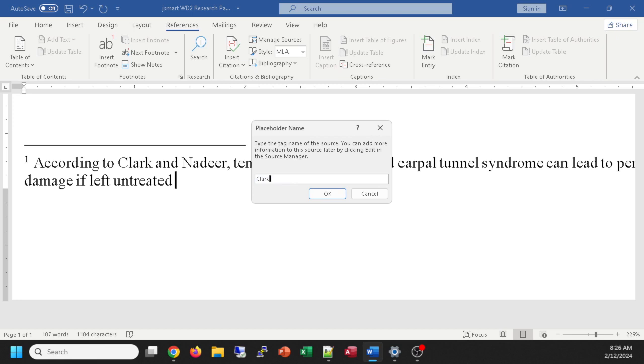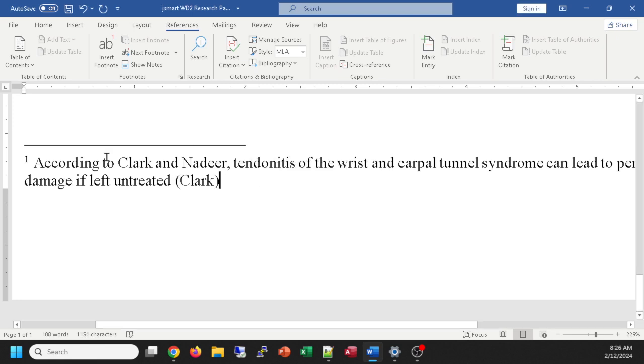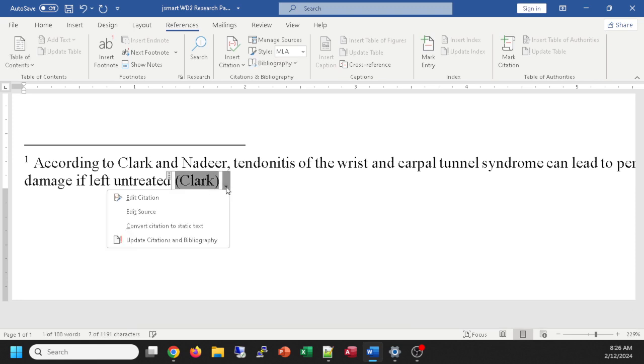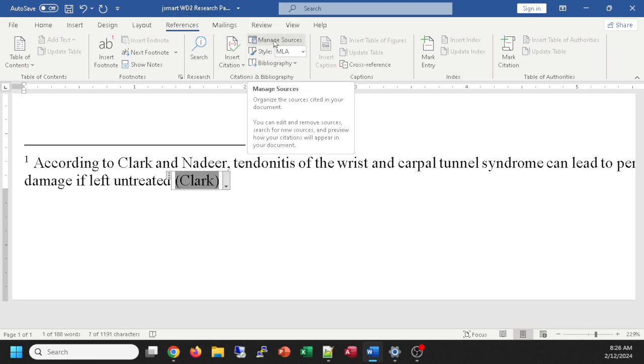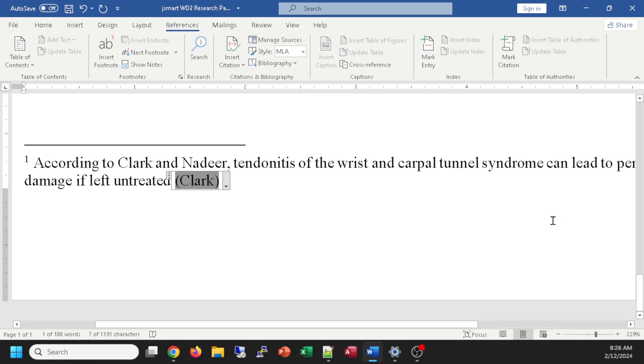Clark. That will put a parenthetical reference referencing Clark, and if I ever want to come back and update that, I can either click on it and do the little arrow, Edit Source, or I can always go to my Manage Sources and edit it there as well. So now we put a period after the end of that sentence,